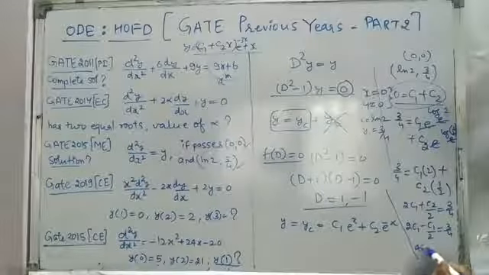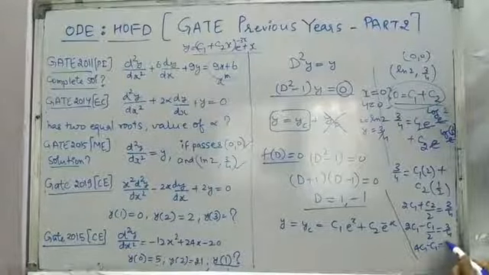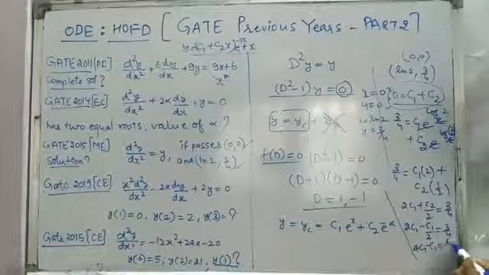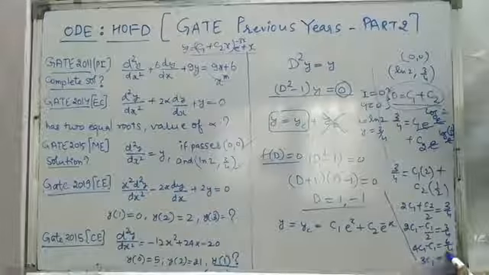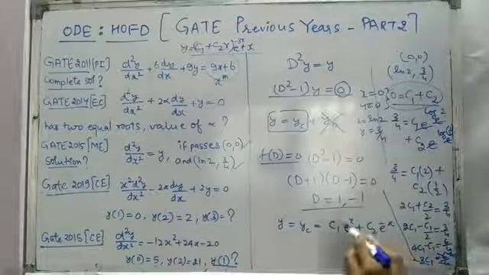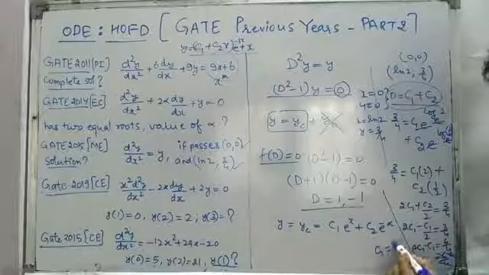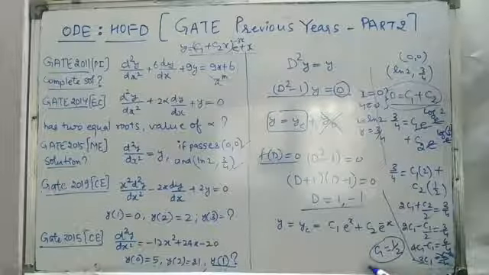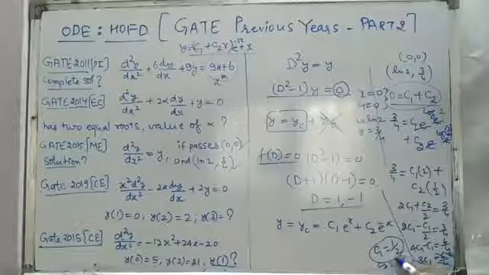So this is nothing but (4c1 minus c1) by 2 is equal to 3 by 4, so 3c1 is equal to 6 by 4. 3 goes into 6 and 2 goes into 4. So from there we'll have c1 is equal to 1 by 2, and c1 plus c2 is equal to 0, so c2 will be minus 1 by 2.